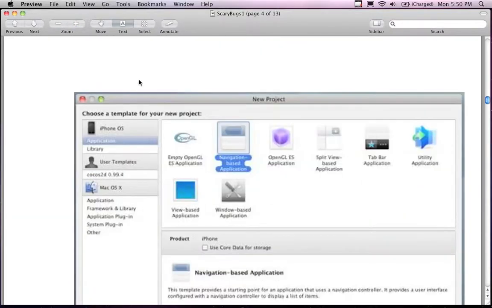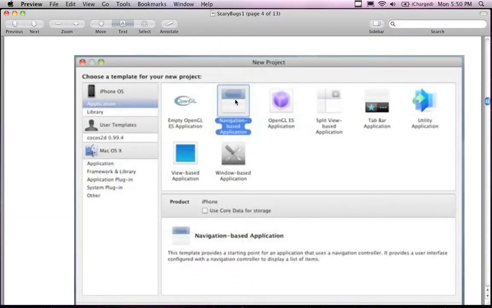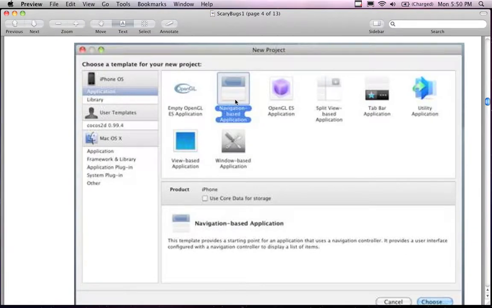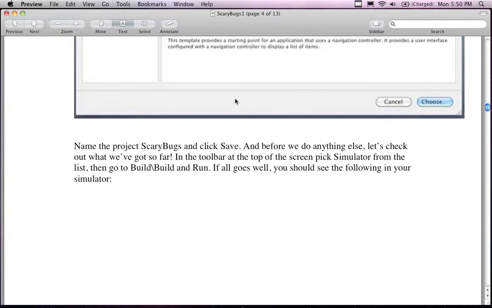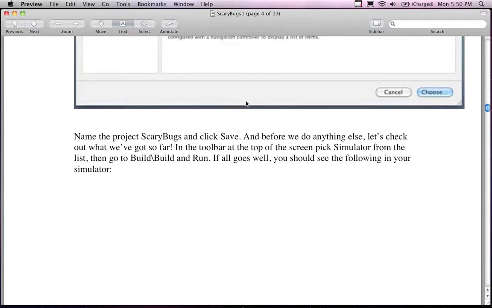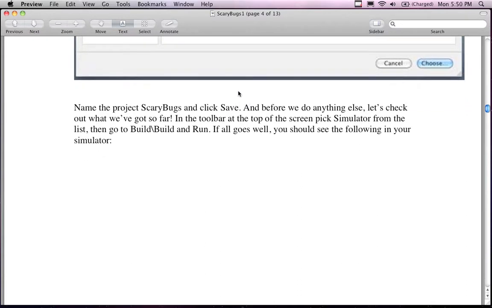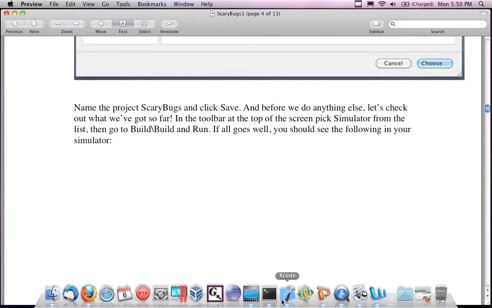So when we do this, here's a little screenshot. It shows the navigation base. It looks pretty much the same as mine, a little older API, so it's okay though. Name the project Scary Bugs, which is what I did. Click on Save, which is what I did. Check out to see what we've seen so far. What we can do actually at this point, and it's not a bad idea after you've created the blank project,